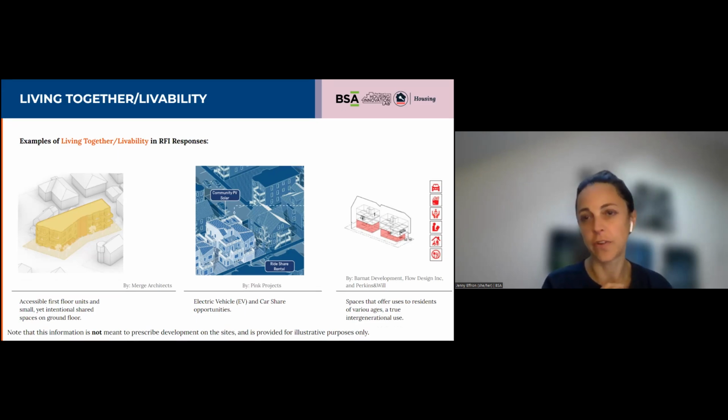And just also so everybody knows here, I think maybe Wandy mentioned this, but none of this is designed to say this is what it has to be. It's designed to inspire ideas and to let you all know how this process of thinking got to where we are today and the types of things that we find inspiring from the RFI.